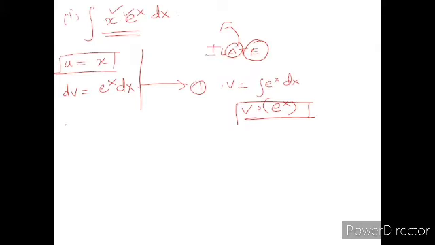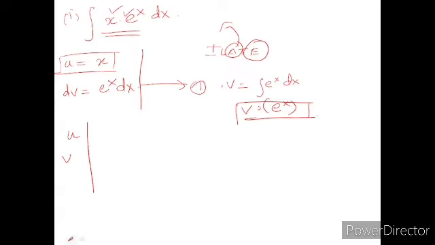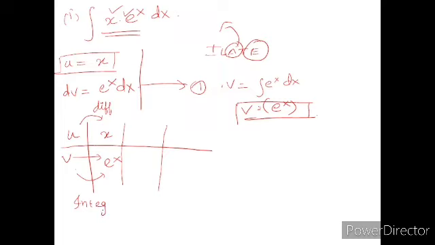Now what I am going to do is uv. While solving your e power x exponential and arithmetic, you can use this method. First x, then you have to directly write v, not dv. U and v, correct? E to the power x. So u you have to keep on differentiating, and v you have to keep on integrating. If you differentiate x, 1, differentiate 0, integrate e to the power x, e to the power x, so on.